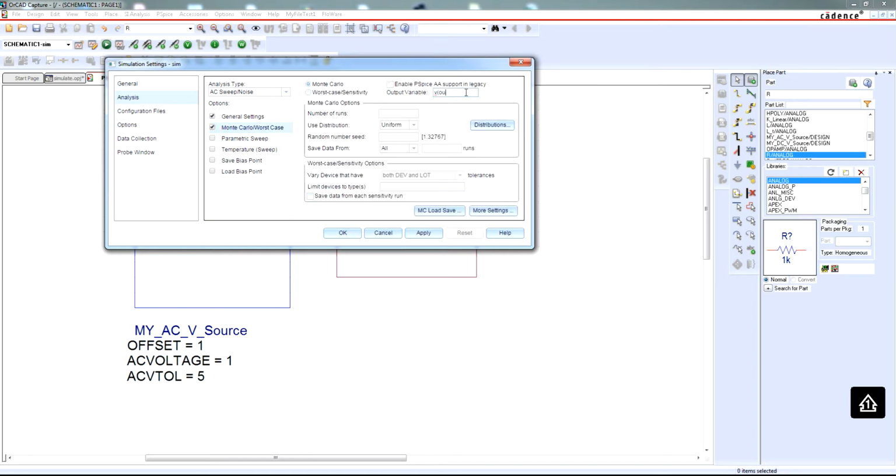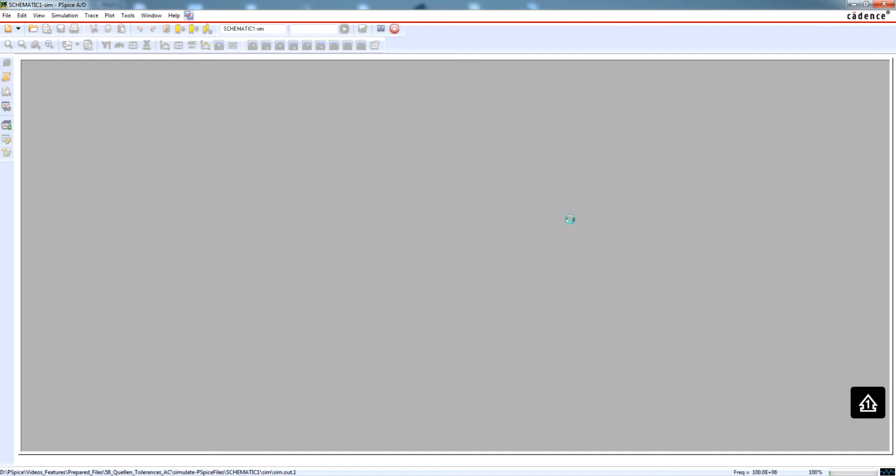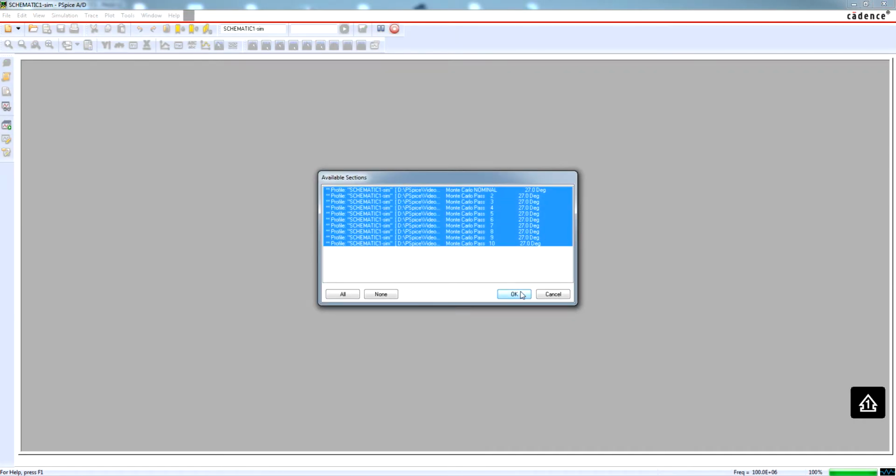I'm going to give just the output point of interest, 10 iterations, save, and we have here a DC offset of 1, an AC voltage of 1, and the tolerance is 5%. So I forgot to put here the ground, so I'm going to add it. Now we can see I have 10 iterations,